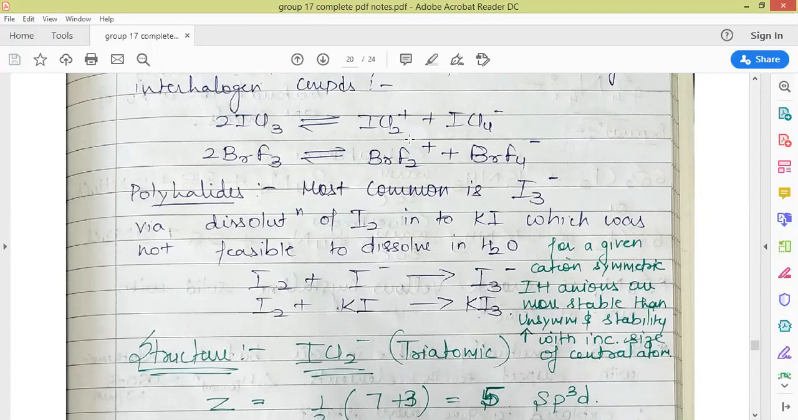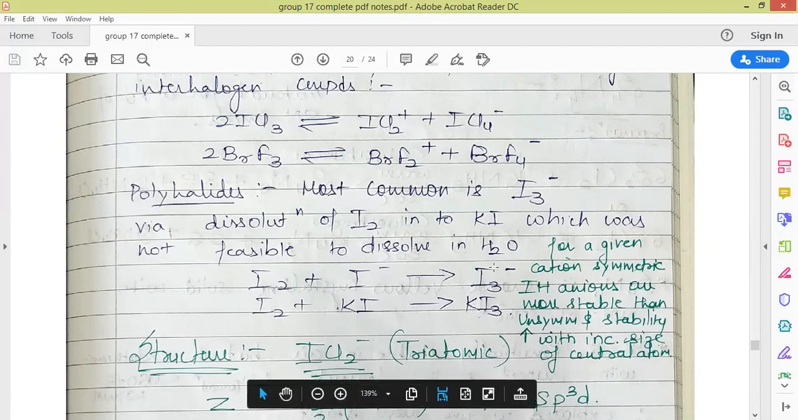Polyhalides: the most common polyhalide is I3 negative. For the first time it was observed when I2, which is generally not possible to dissolve in water, got dissolved in the aqueous solution of KI. Due to the formation of KI3, that is I3 negative anion, I2 gets